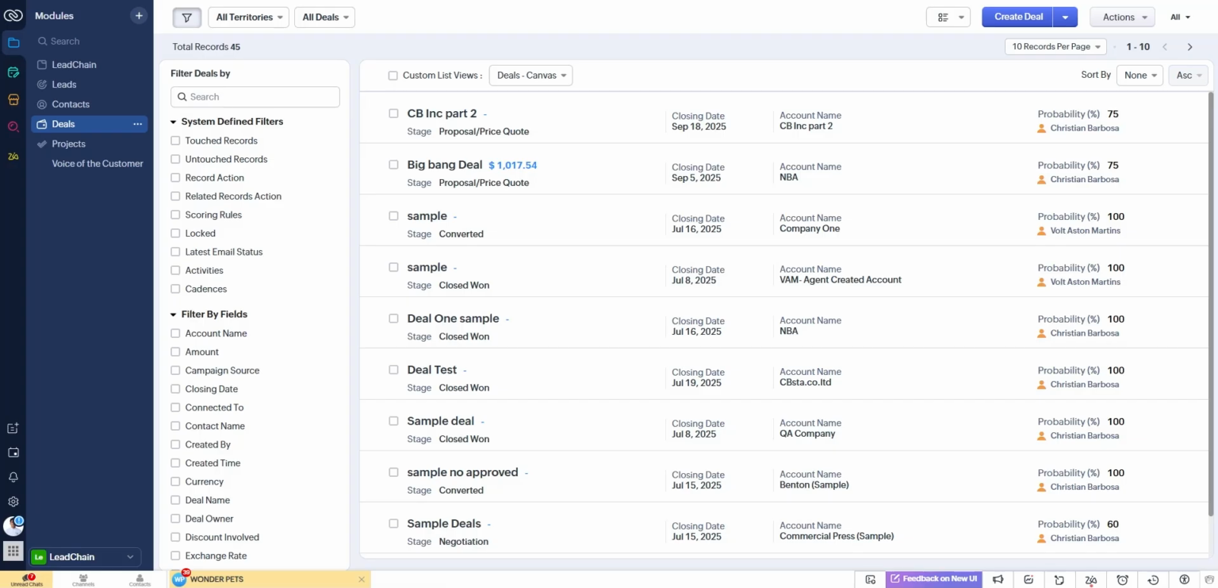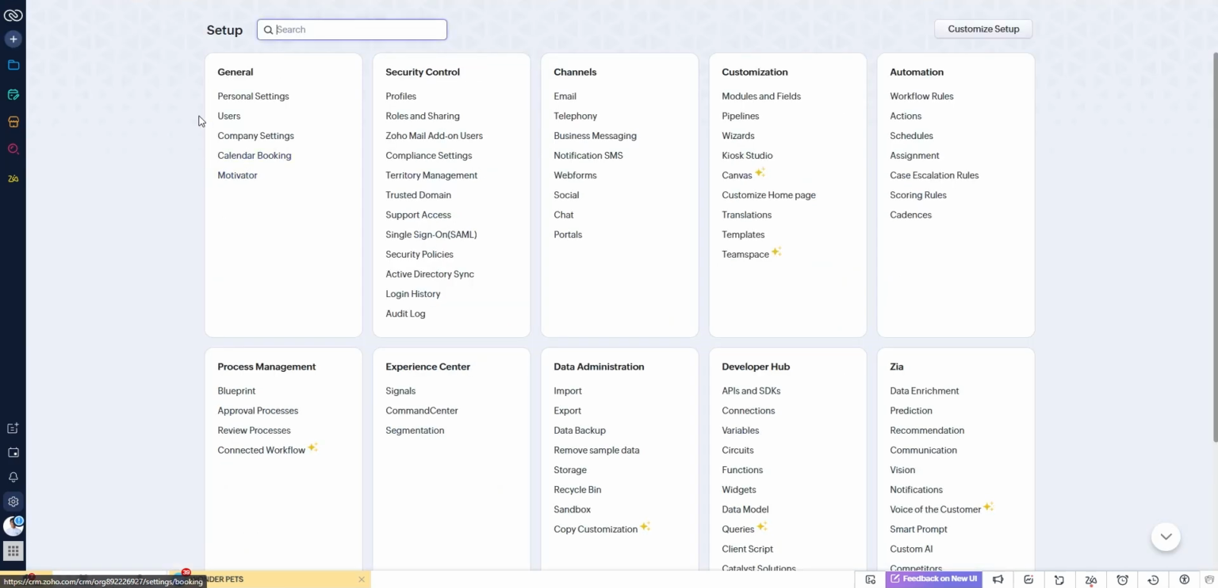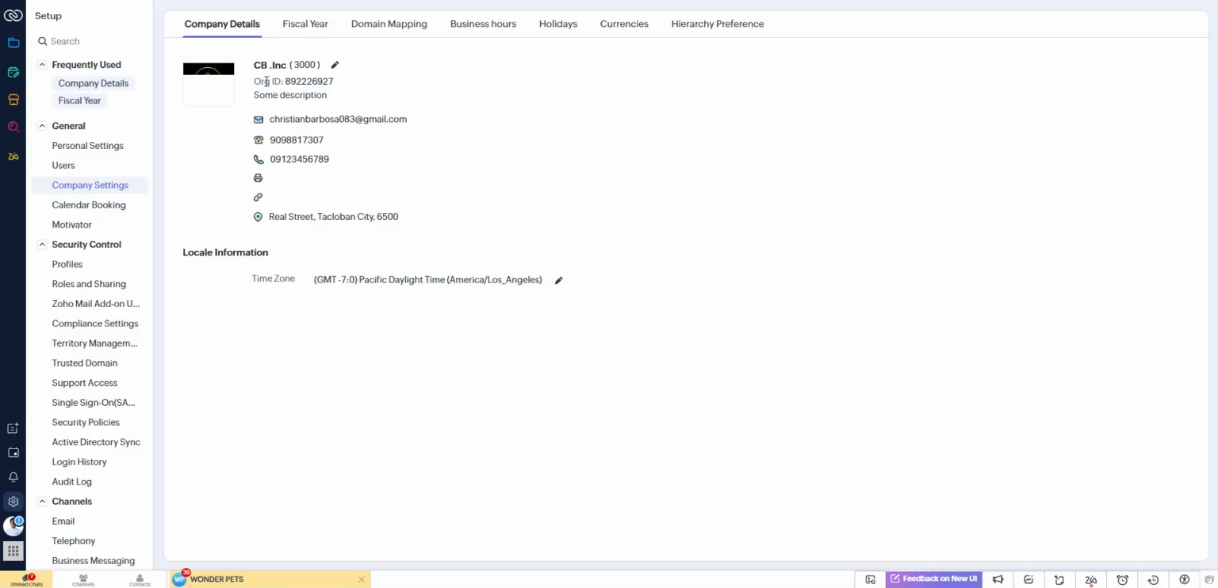To do that, all we need to do is locate, right here in the lower left part of our CRM, a gear icon just above our profile. We click on it and we will be redirected to our setup page. Under general settings, we're going to see company settings. We'll go into it, and here we're going to see our company details, including our company logo, company name,